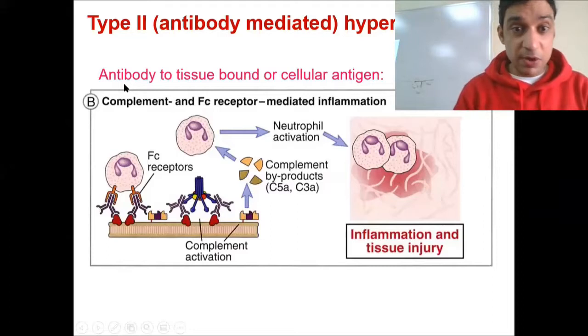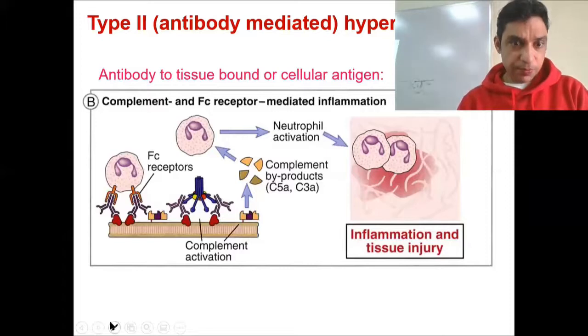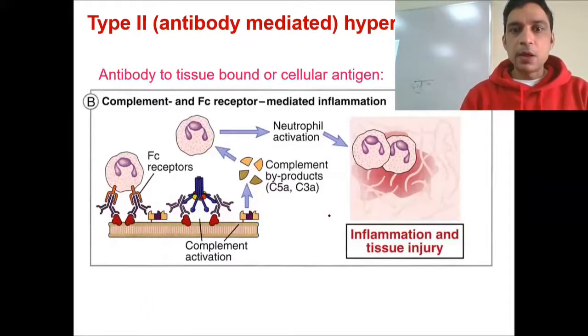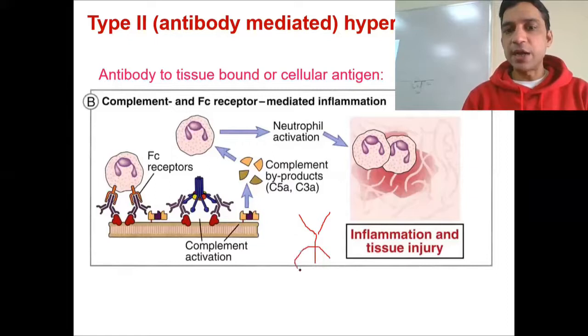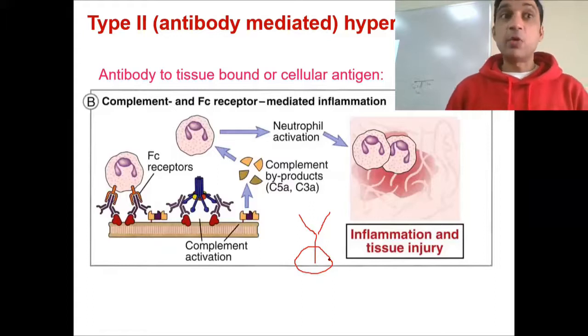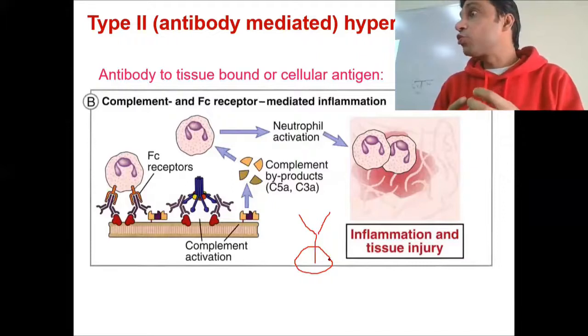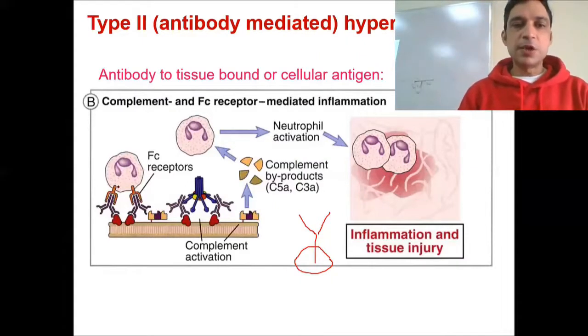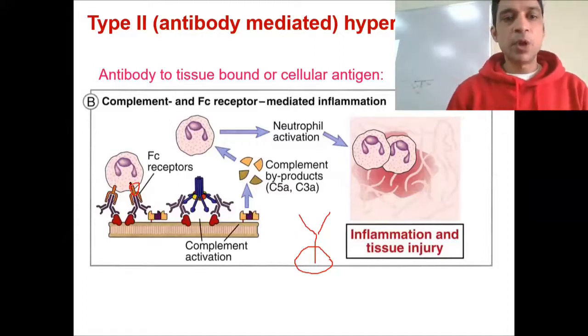Just focus on the picture and I will try to explain. For every antibody, as I explained earlier, there are two ends. One portion is the one in which the antibody binds with a cell, an immune cell. That part of the antibody recognizes the cell, usually an immune cell. I am highlighting this place, which is designed to capture a particular specific immune cell. Now think about the other side.